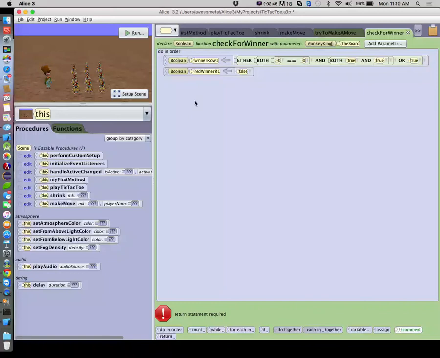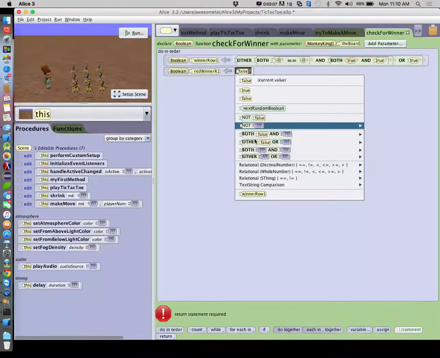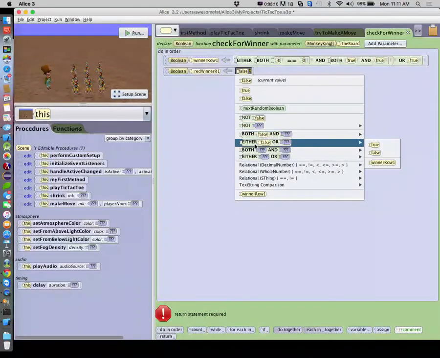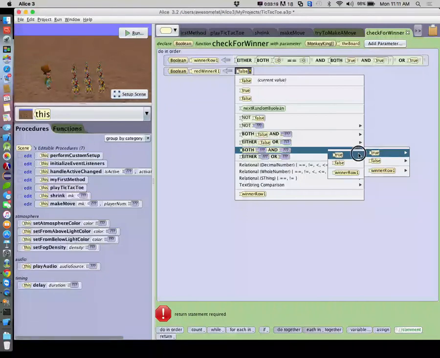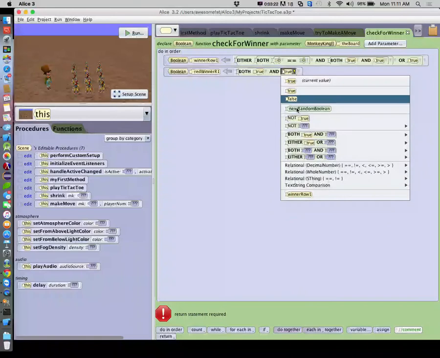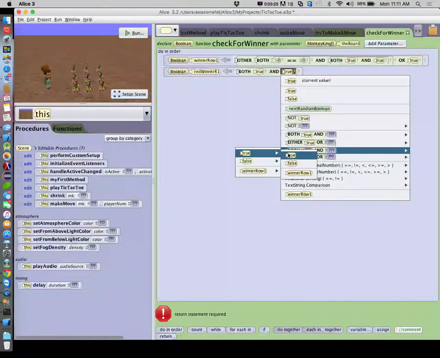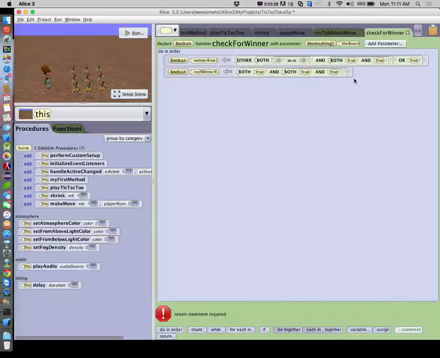We want to ask the question: we're dealing with row 1, so if bucket 0, bucket 1, and bucket 2 are all red. That's what red winner for row 1 means, right? If every single one of them is red, that means that red won that row. These are going to be ands, and we'll just start them off as trues for right now. Then we'll replace that second one with an and. True, true. Okay, so if these three things are all true,